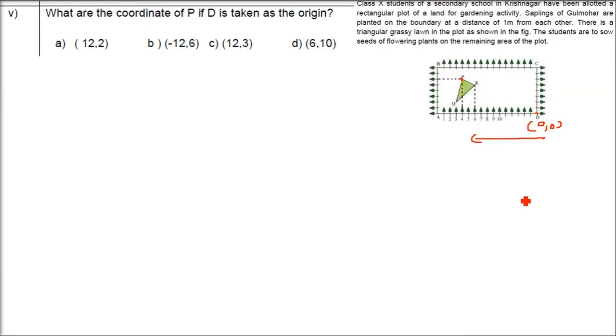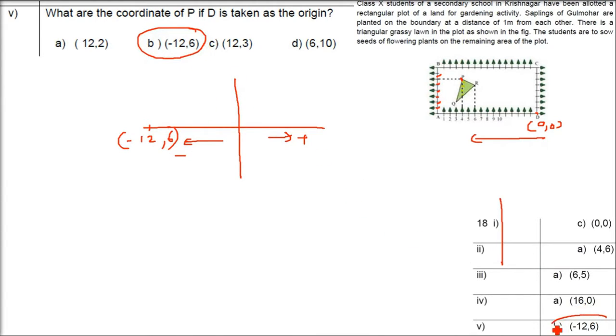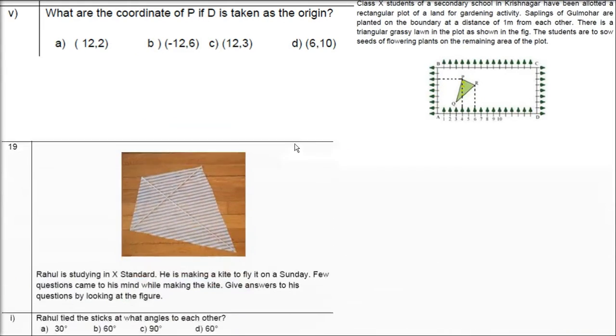If you count it, I just counted it. It's 12. See, when we take the Cartesian coordinate system, we have positive here, negative here. So we are stepping backwards from the origin, it's minus 12. And this is positive. Why positive? We have already taken this. Same distance, even if you take from here, so it is 6. Minus 12 and 6. So the answer is B, (-12, 6).